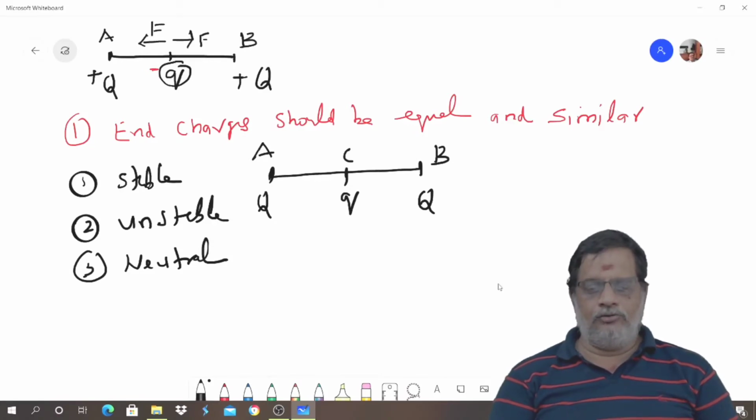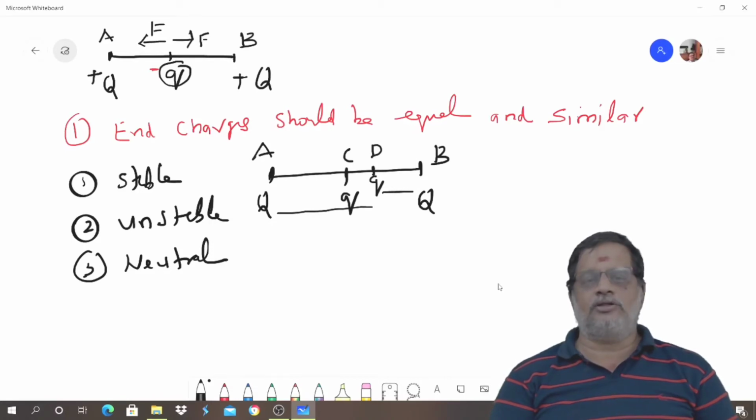So I will displace this charge slightly to the right, so that now it is at the point D. Once I displace this charge slightly to D, I find that the repulsion due to the charge at B on this Q will increase. When I displace this charge slightly from C to D, the distance between these two charges decreases, so the repulsion will increase. Whereas the distance between these two increases, so the repulsion will decrease.